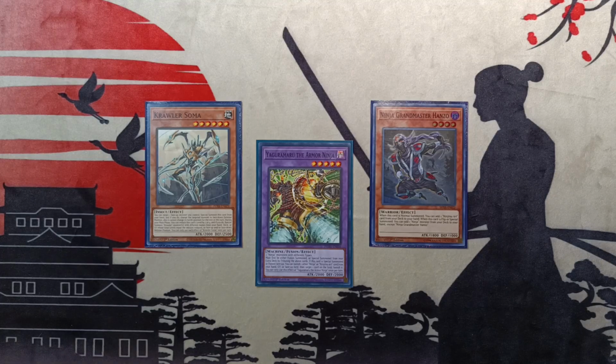What's going on, boys? It's Nick coming at you today on the channel with an update to my Ninja Krawler deck profile for the post-Photon Hypernova and post-February 2023 Banlist formats. Ninja Krawler is a deck that I brought to the channel about a few months ago. However, as much as I love that deck, I couldn't help but feel that it was a little bit unfinished